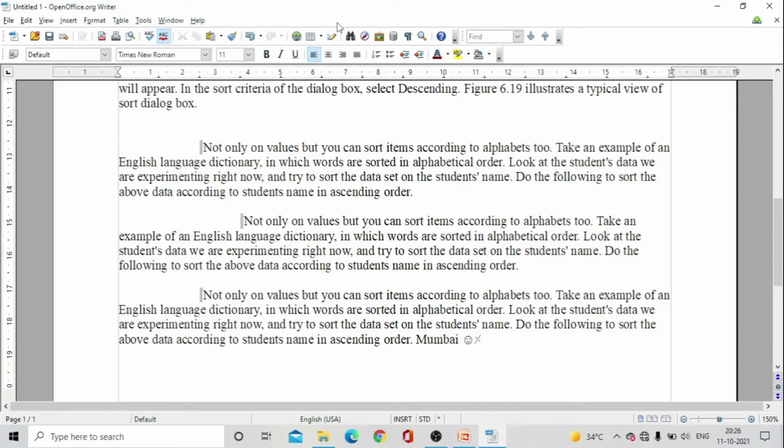So this is known as the format toolbar. Now here, this is the style window, and then font window, font size window. This is bold, italic, underline. There are 4 alignments here. First is left, second is center, third is right, and fourth is justified. And these are bullets and numbering. You can decrease indent by this, and you can increase indent by this icon. Then this is font color, highlighting, and background color.